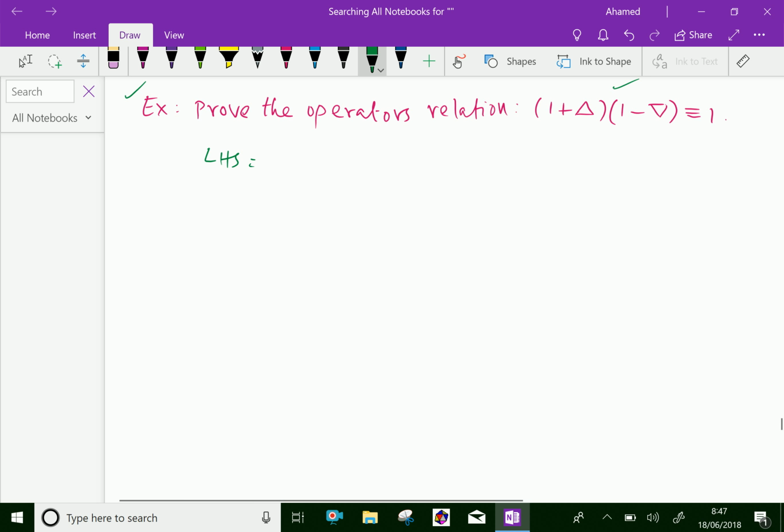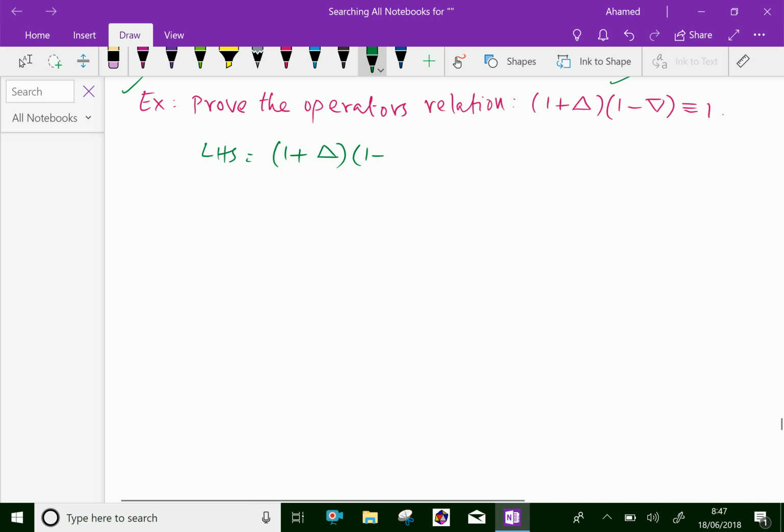LHS equal 1 plus delta into 1 minus inverted delta of f of x, which is equal 1 plus delta, LHS is multiplied with f of x here, into f of x minus inverted delta of f of x, which is equal 1 plus delta